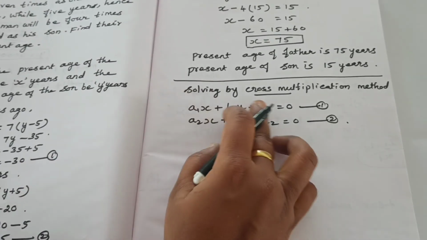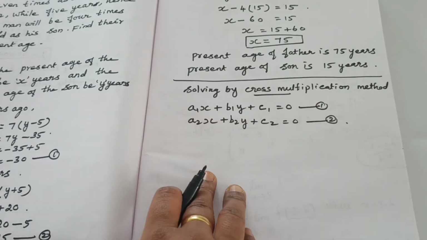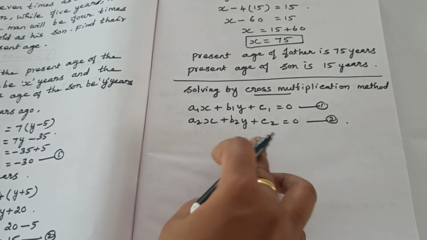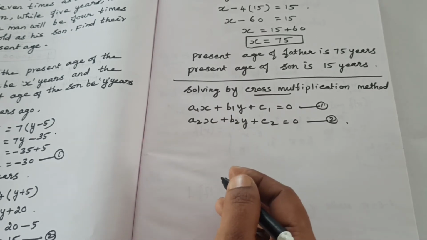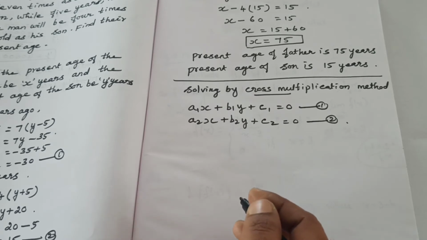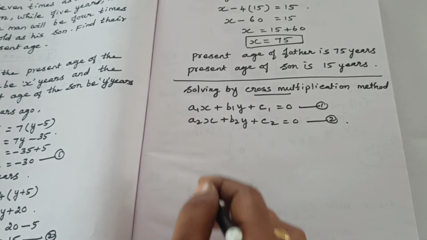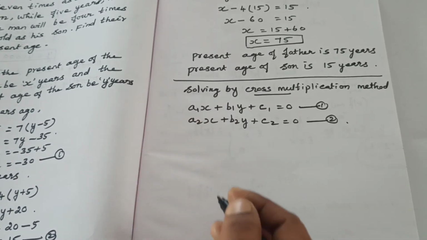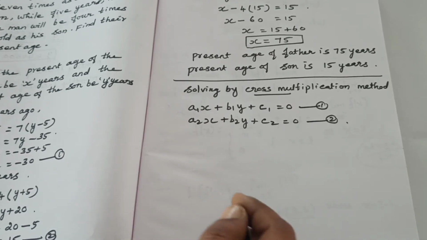Next we are going to say solving by cross multiplication method. Already I told, 3 methods we have, isn't it? First one, substitution method, second one elimination method, third one cross multiplication method. Suppose they ask to solve by any method, then whichever method is convenient for you, you should follow, no problem. Sometimes they mention the method, then that method only you should follow. Sometimes solve by elimination method, like that they ask, then elimination method only you should follow. Sometimes cross multiplication method, like that they mention, then that method only you should follow. Otherwise, if you follow any one method, then you will get the answer.